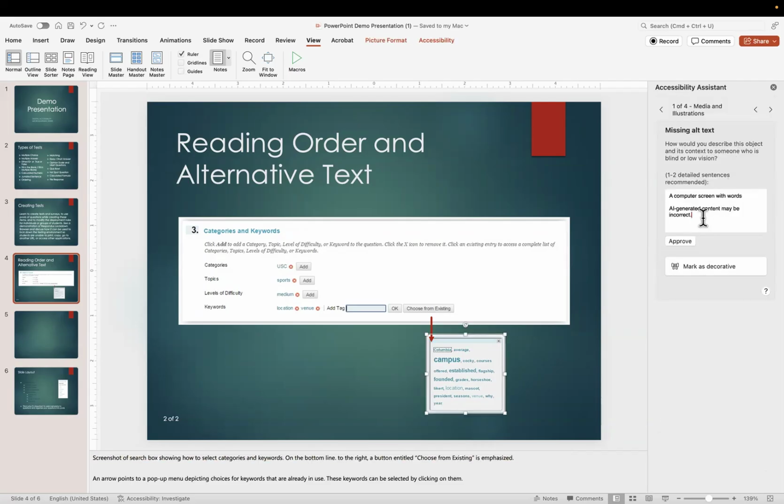So then when I come over here, I can add that text. The way I describe this: a screenshot of a search box showing how to select categories and keywords. On the bottom line to the right, a button entitled Choose from Existing is emphasized. And so then I save that. And now when someone's using a screen reader, it will read that information so that they know what was depicted by this image. So now we go on to the next one,